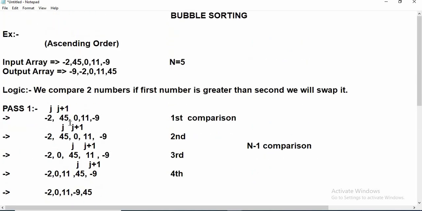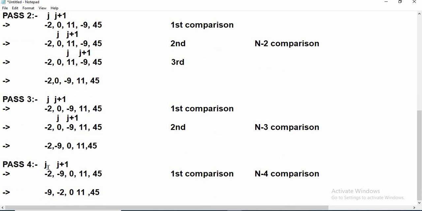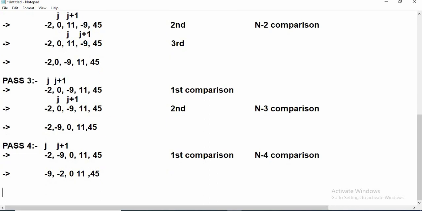We go on comparing the elements, taking the first element and incrementing the pointer, that is j. So if we write the C code for this, that is in the C language, we get something like this.